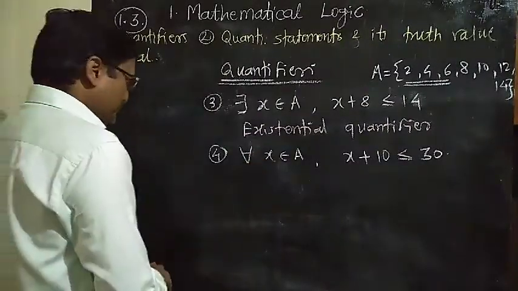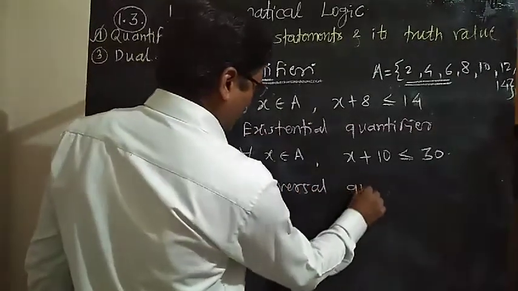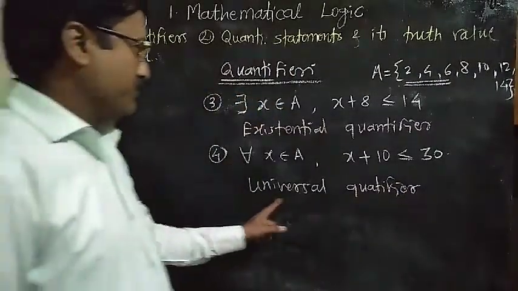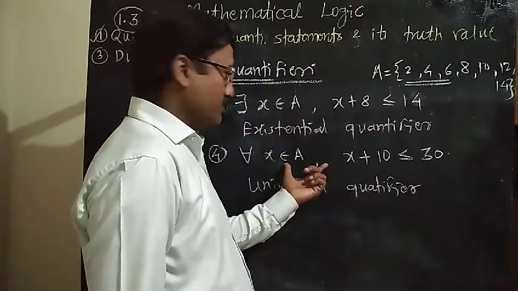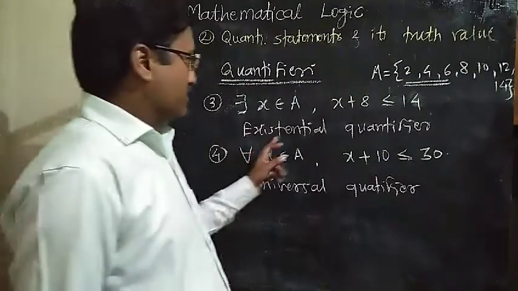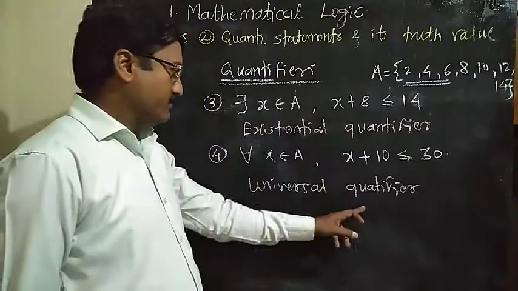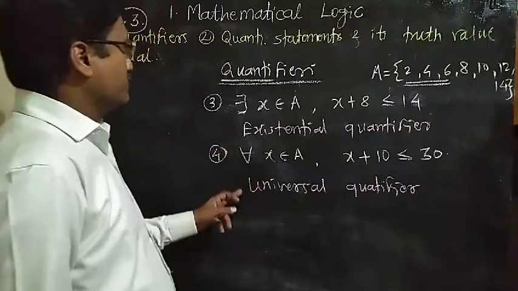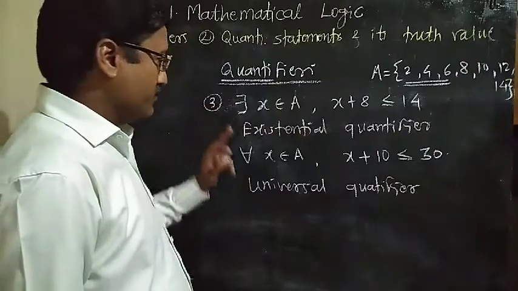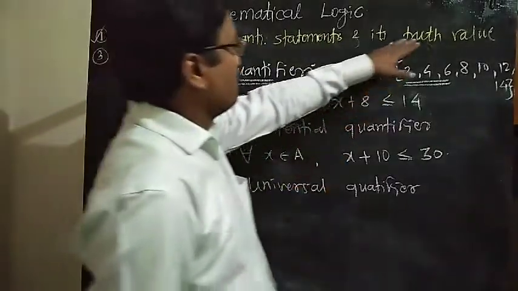So this quantifier is said to be the universal quantifier, and this is a quantified statement in which the universal quantifier is used. So the existential quantifier is the reversed E, and the universal quantifier is denoted by the inverted A. These are the two quantifiers, and statements which contain either the existential quantifier or the universal quantifier are called quantified statements. Let us see the truth value of a quantified statement.